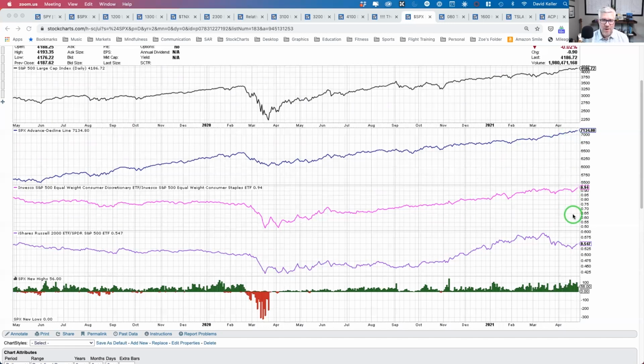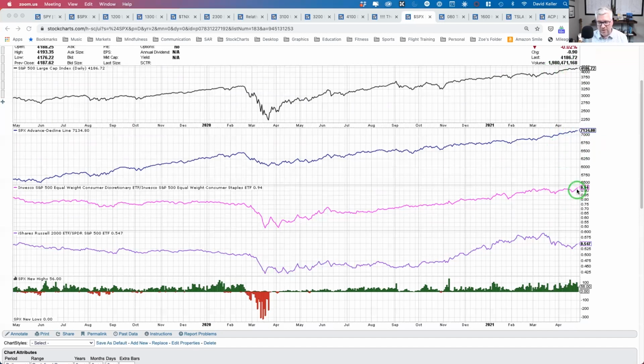The reason why this is my one chart right now is at some point this is going to change. At some point, the S&P makes a lower high. At some point, the S&P makes a lower low. That would be the negative signal there. At some point, the S&P advanced decline line does not confirm new highs. So the S&P goes higher, but the advanced decline line starts to slope downwards. That would be an area of concern. Or we make a new swing low at the advanced decline line. That would be a negative.